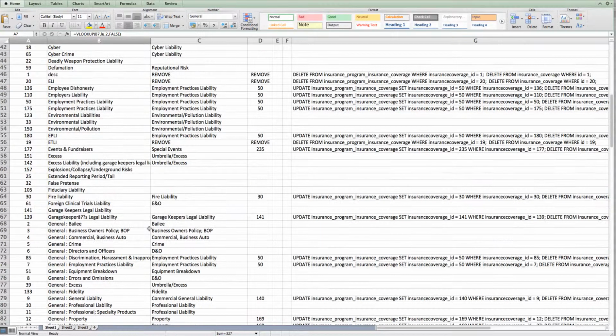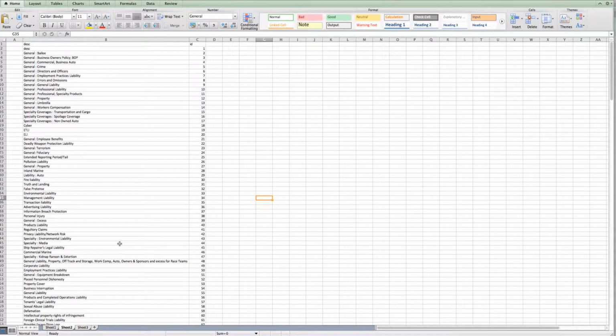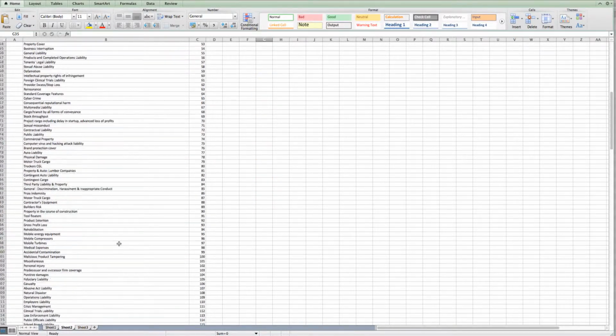There may be more down below, I'm not sure, probably not. What we really need to do is rename this one to additional insured, and then change this one to additional insured. And so maybe what I would recommend is on this sheet here, go over to sheet 2, and right here,